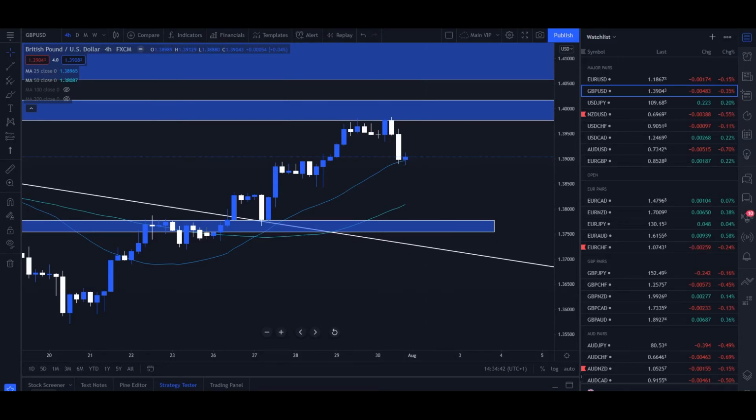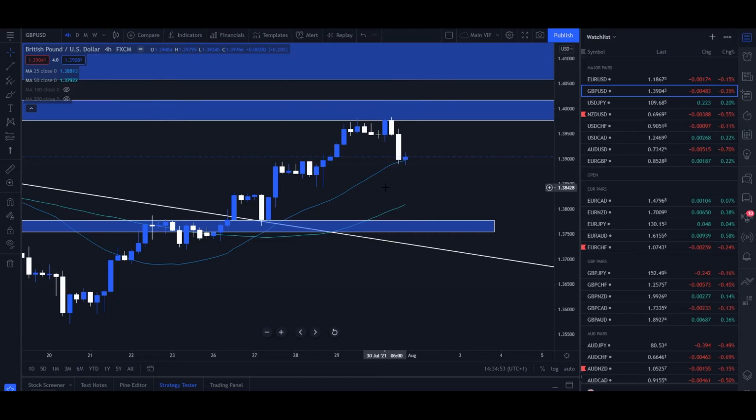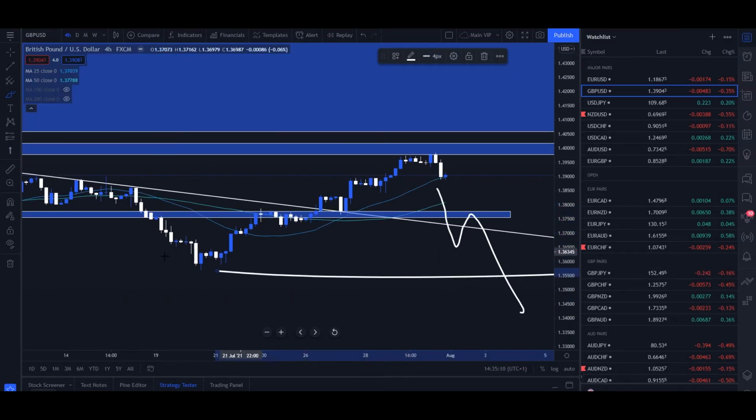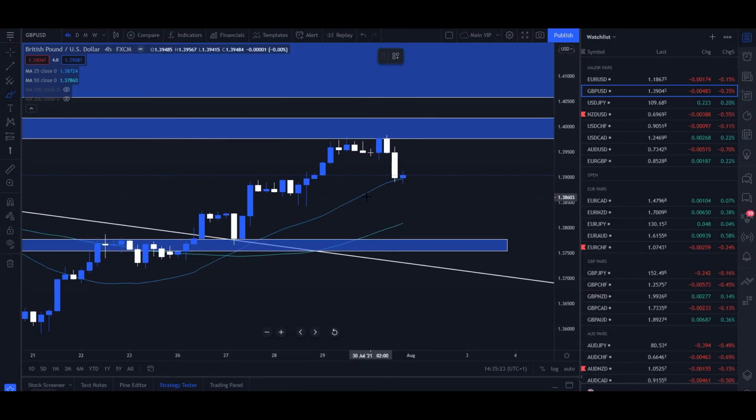My main concern is if we have a look at hedge funds, Great British Pound versus US dollar, from 21,000 to 7,000 to minus 3,000 to minus 5,000, meaning that Great British Pound is likely to start shooting towards the downside. So if this does happen, we are waiting for 25 and 50 moving averages to be crossed towards the downside, and this area is going to be broken, and then we are shooting towards the downside to retest this previous downwards level. However, hedge funds are not always correct, and this data is 3 days old as well,